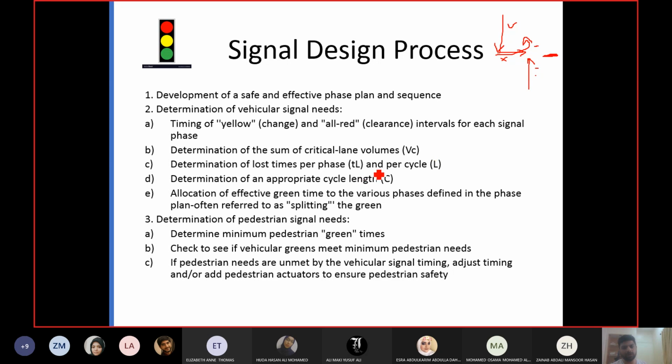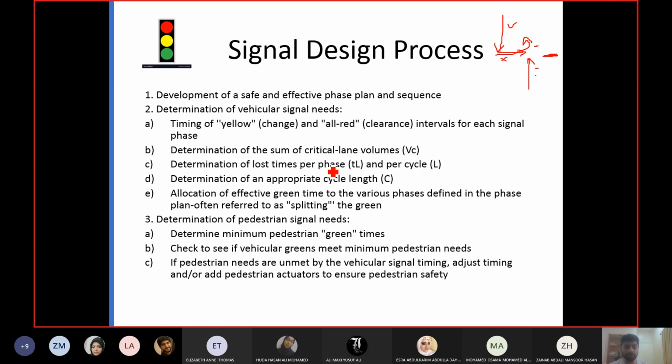Then find out the loss time for each phase. Loss time has two parts: startup loss time and clearance loss time. For all that we have an equation as well. So even if you don't want to use the dimension, you have an equation for all that. But for clearance loss time, you have to use the dimension of the intersection. Then we have the startup loss time. For startup loss time, you have to observe the headways. I told you the first 3 or 4 vehicles take extra time compared to the saturation headway. So you have to calculate how much extra time the first 3-4 vehicles are consuming. That will be the startup loss time.